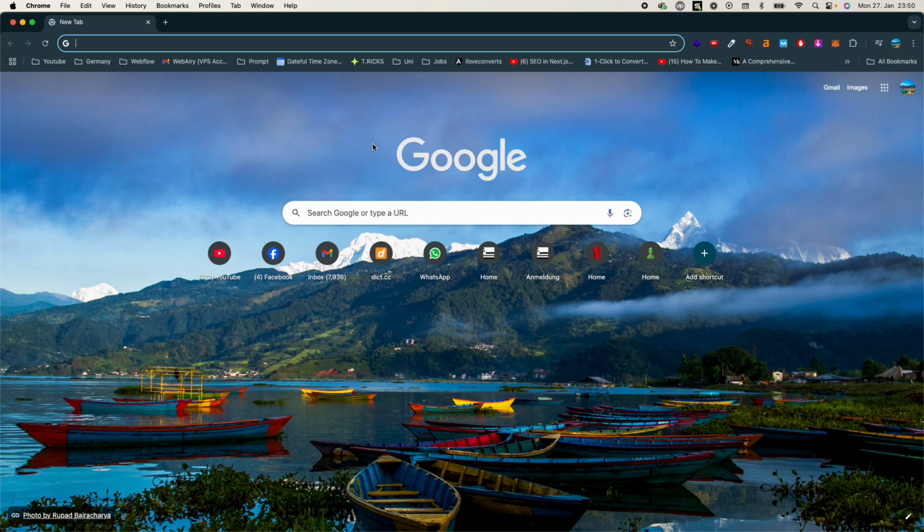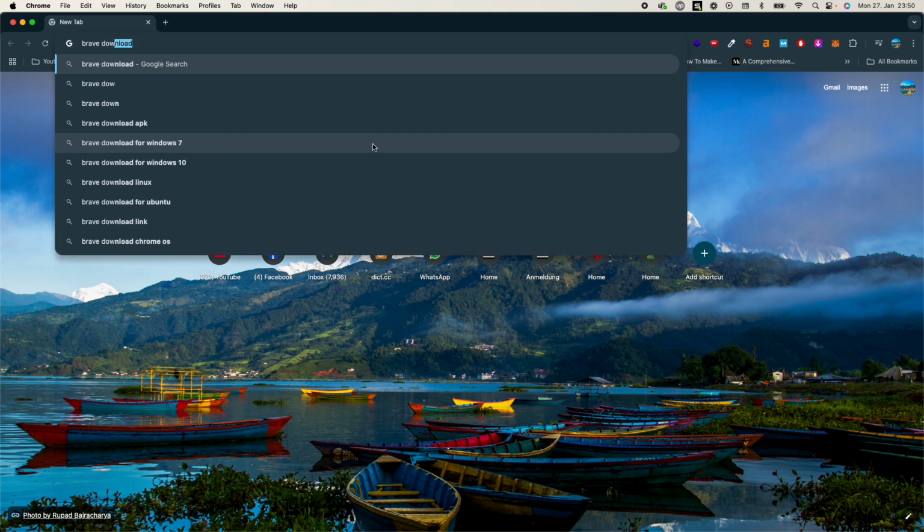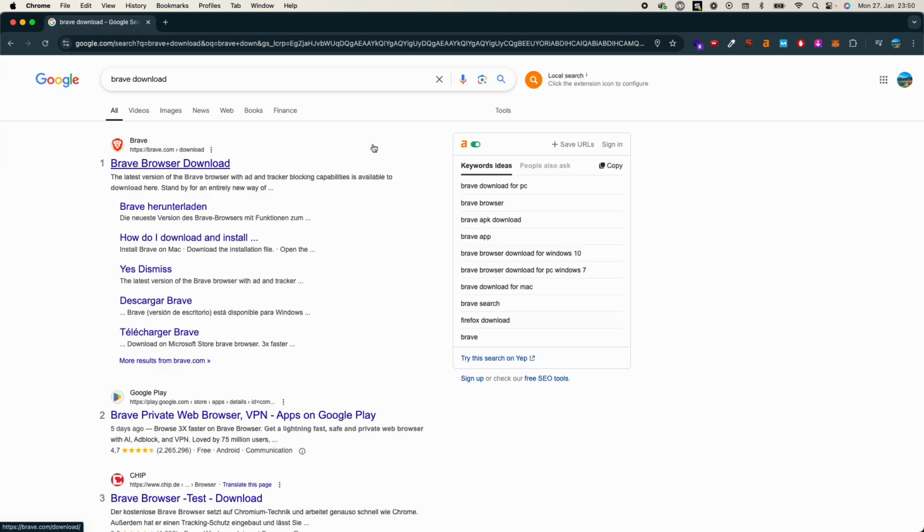To install Brave browser on Mac is quite easy and simple. Just go and open up any browser. In my case, I'm opening up the Google Chrome browser, and just go and type in Brave download, hit enter, and here you have Brave browser download. Click on this,